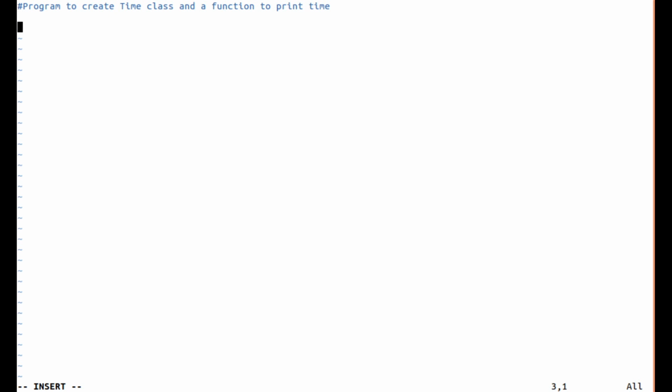Okay, say here first I am going to define a class time, right, and here some doc string that represents it is going to represent time of the day, and the attributes are: one is hour, second one is minute, and third one is seconds.